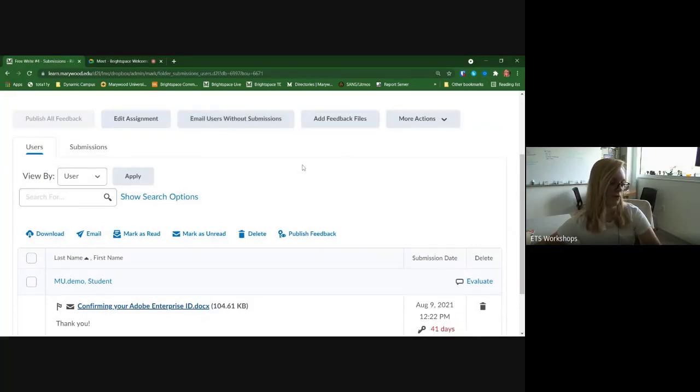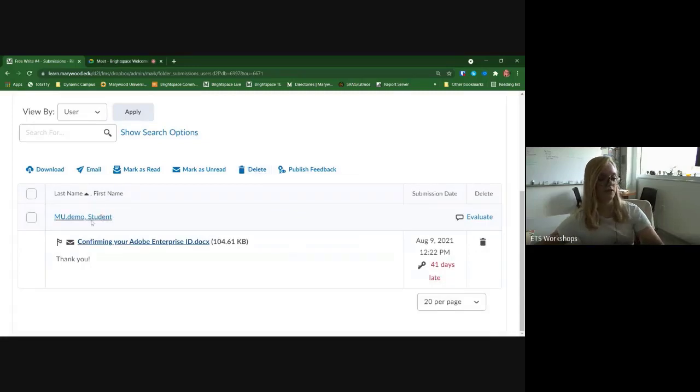You can also then scroll down to see the different students and their submissions. So we have the name of a student, and then their submission is right beneath it. We could see like the file type as well. We could see when they submitted it and how many days late, if it's late. And then you have the evaluate button. So you can either click on the student name or the evaluate button, and both should bring up the little